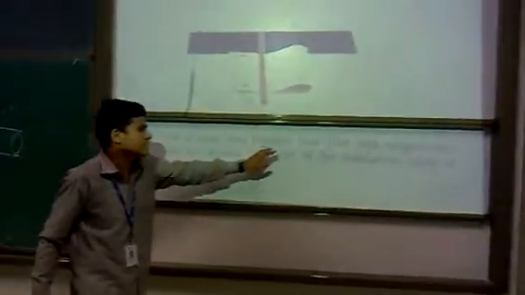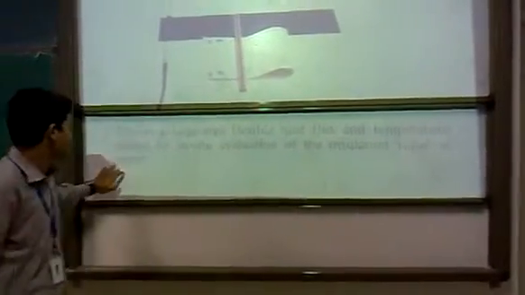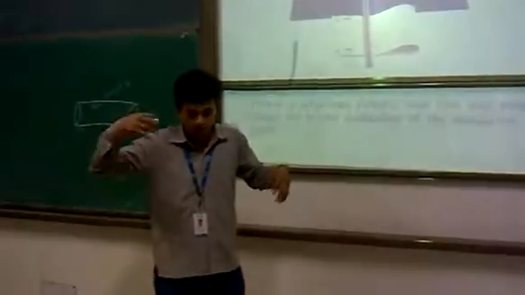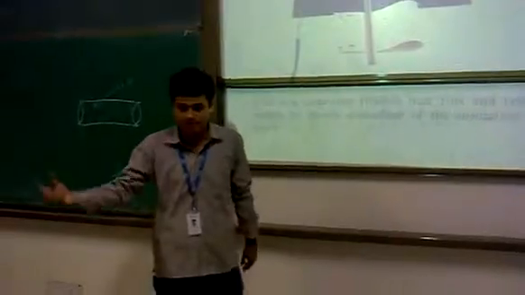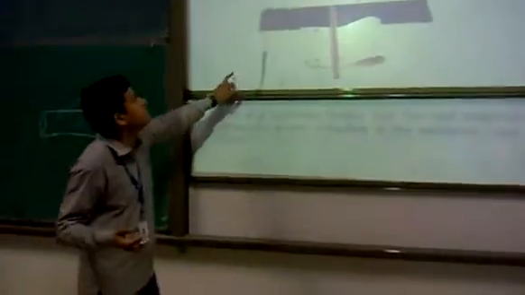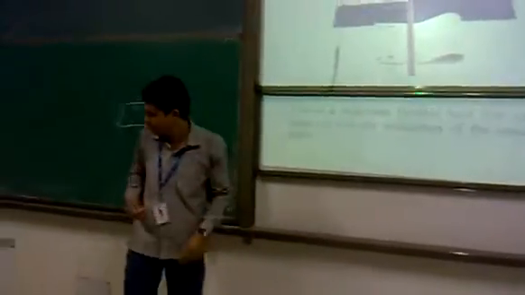This is a large-area flexible heat flux and temperature sensor for in situ evaluation of the insulation value of the pipe. We use pipes very commonly in industrial areas or in seaways, undersea, where oil must be transferred. High pressure is generated there, and due to this, this type of sensor is placed there to measure the heat flux of that plate.